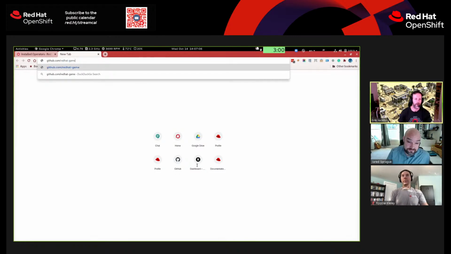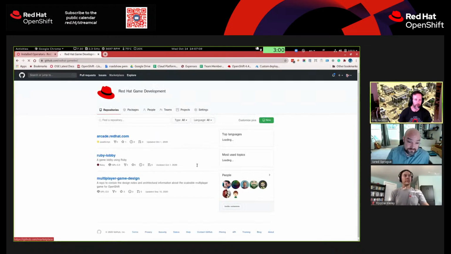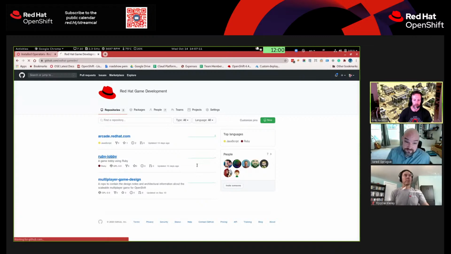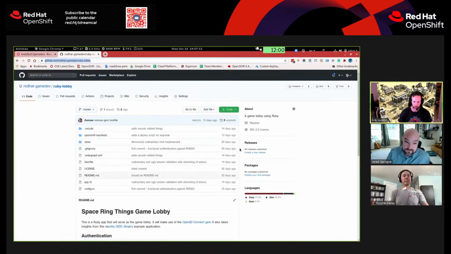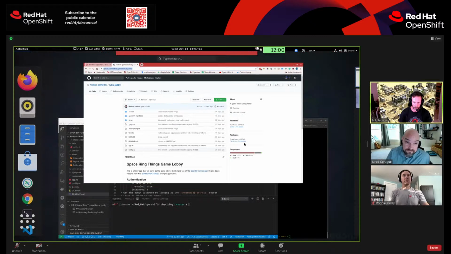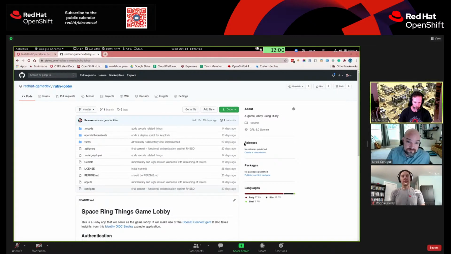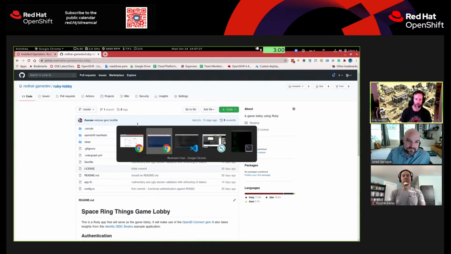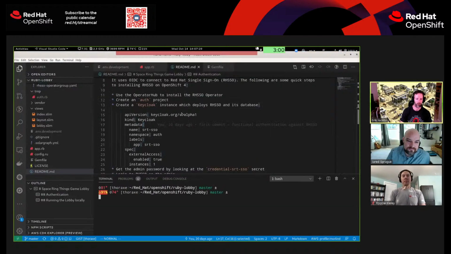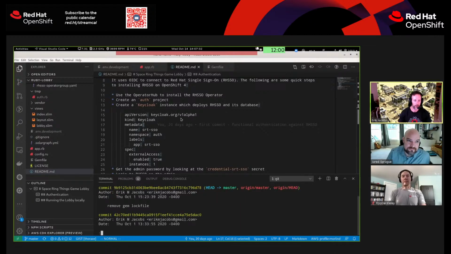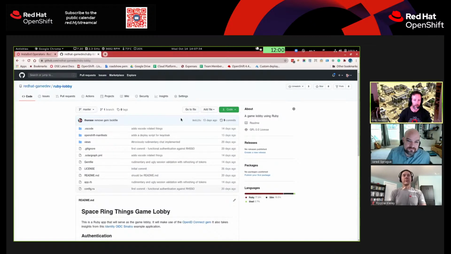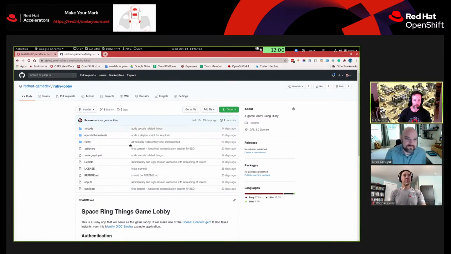All right, so if I go to Red Hat Game Dev and I go to Ruby lobby, I think I have everything pushed here. Let me come in here to the chat. I will paste it. So if you want to look at the repo or look at the instructions, let me make sure that I actually have everything. Last commit is remove gem lock file. Perfect. Okay, so we are up to date. All right, the instructions say,